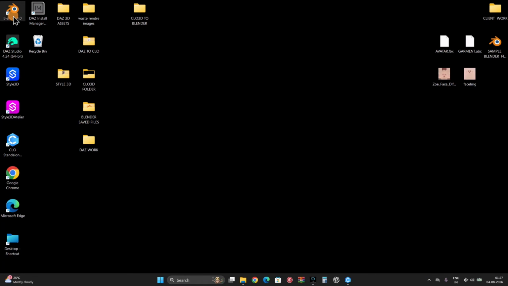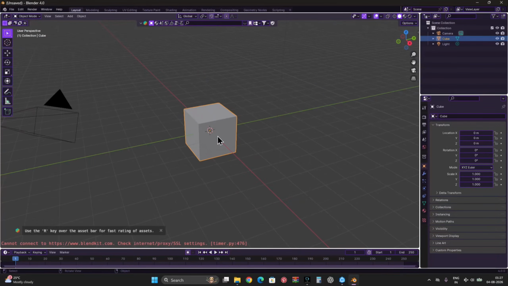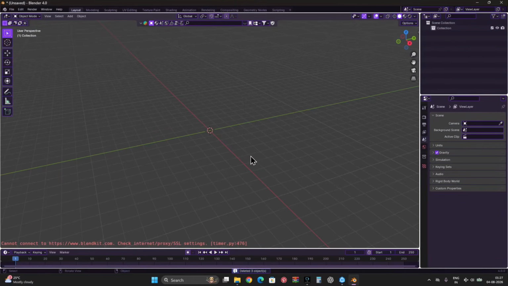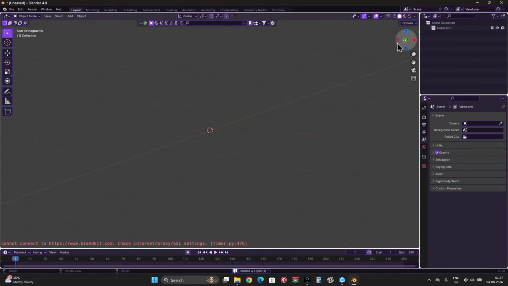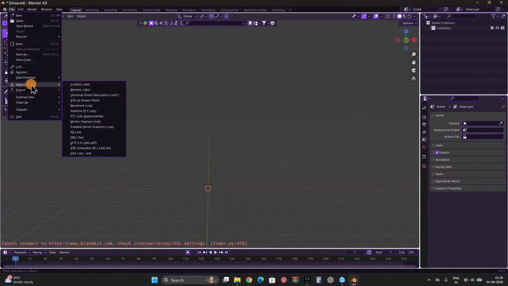So now open your Blender. If you right click anywhere on the empty screen, that window will go. And now we are going to press A and then delete on the keyboard. What will that do? It will delete the cube, light, and camera. So in order to import your files, what will you do? You select file, import, and